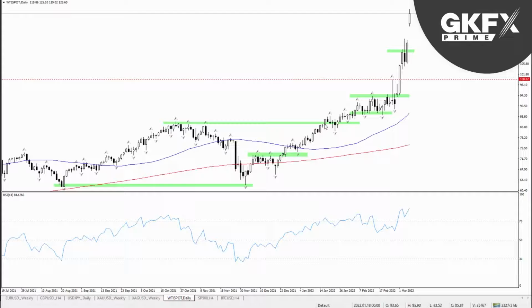Took out resistance, held it. Took out resistance, bit of chop there, but mostly held it. Support held here. Resistance got taken out. Tried to get smacked down from 100 and it caused that spike, but there was no follow through whatsoever. Just one little small candle following that test of 100, then gapped up through the resistance, and then big move